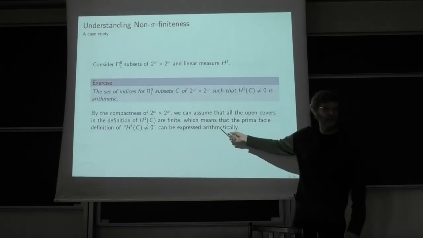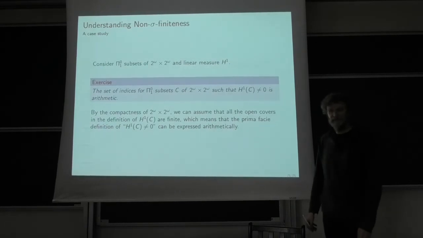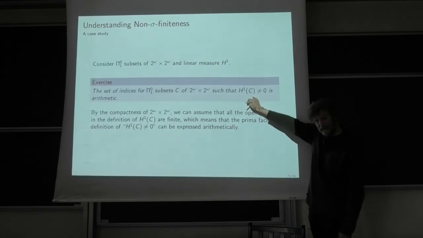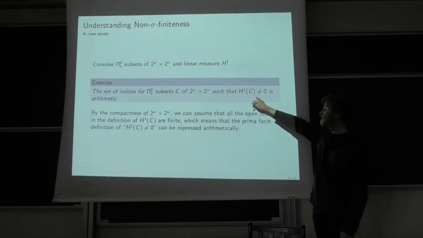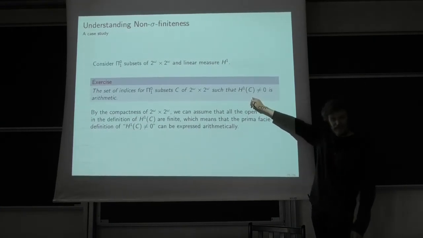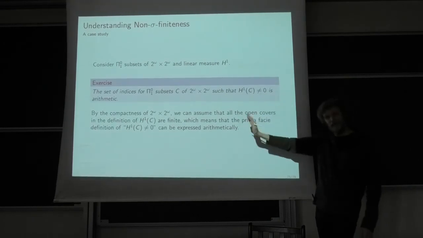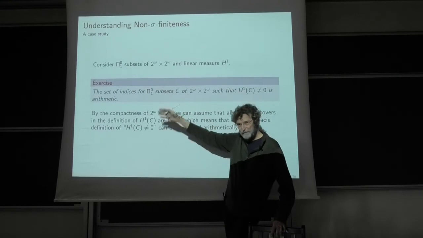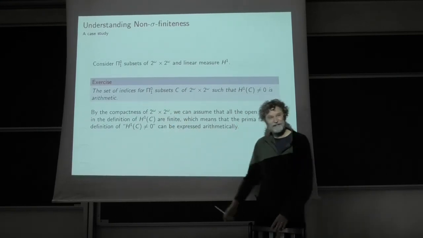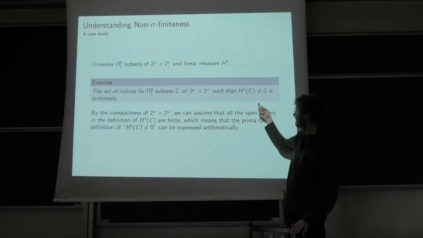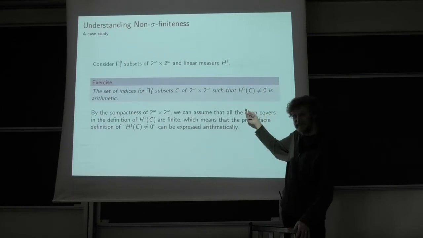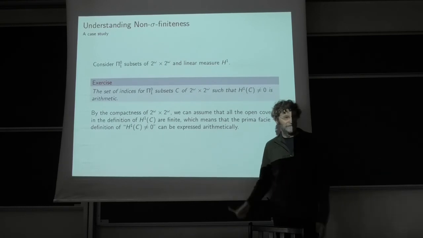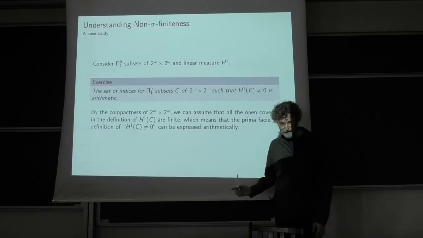So you can express it arithmetically. So to tell that the linear measure is not 0, to tell that this thing has dimension at least 1, is an arithmetic property of this description of a closed set. So having non-zero measure is, in this context, simple. How about